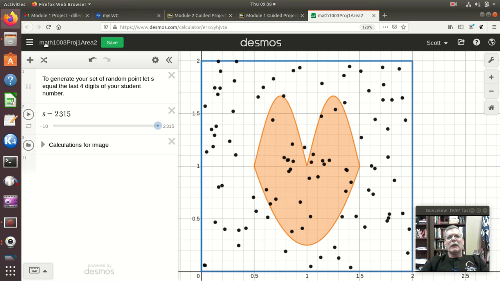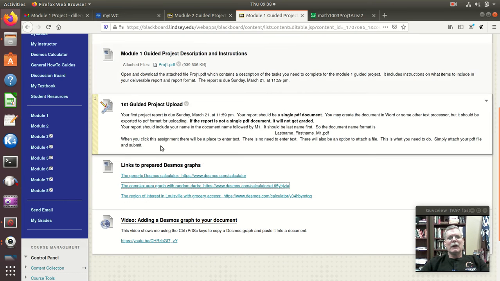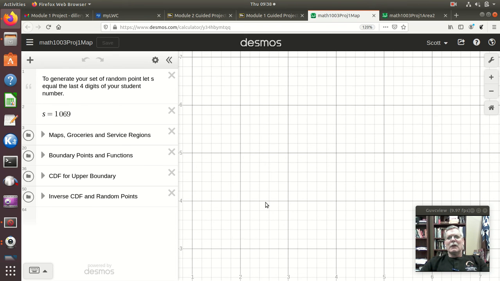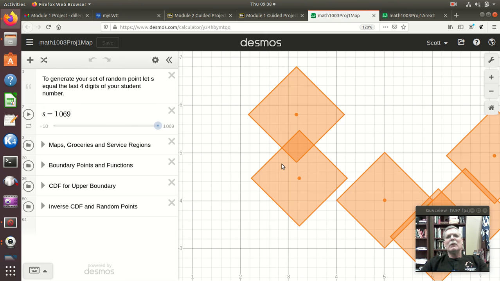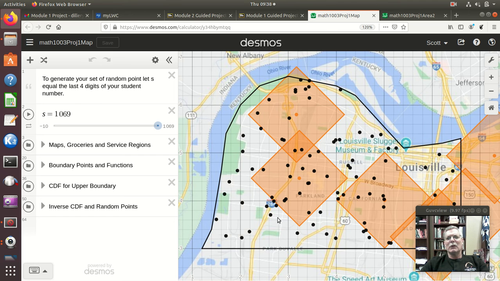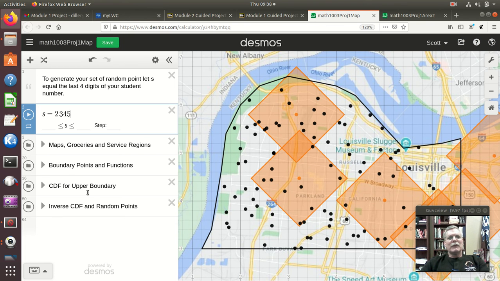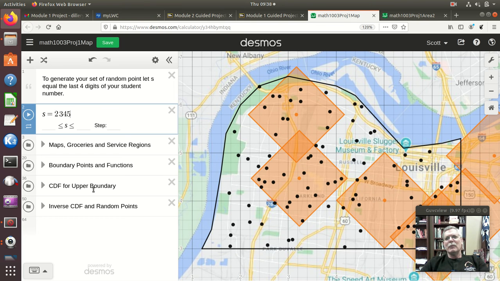And well, let's go back here. Then I'm doing the Louisville count. I guess it's taking a little while. There it is. There's a lot to load. But again, you see, I have all these points. Well, if I change this, it may take a moment for the dots to change because it's got a lot of thinking to do, but there they did. And so now, if that was the last 4 digits of my student number, I could